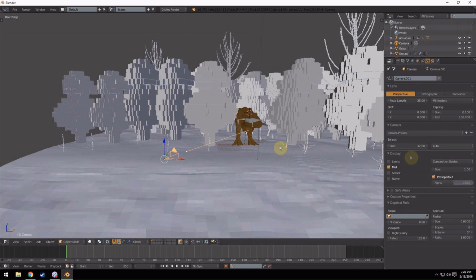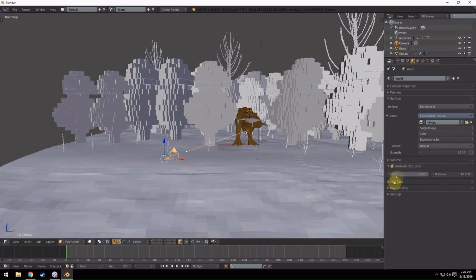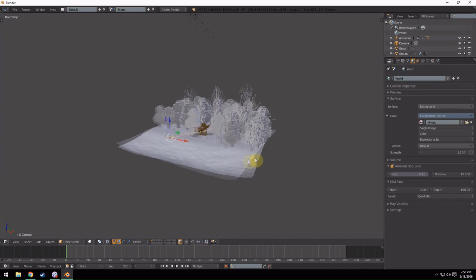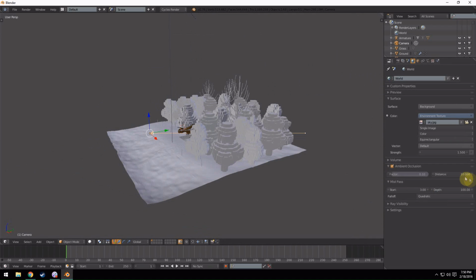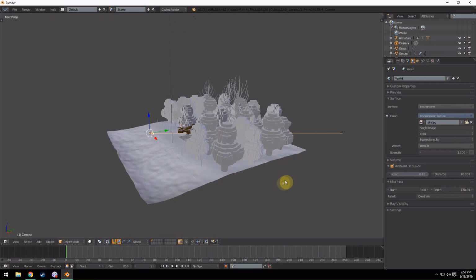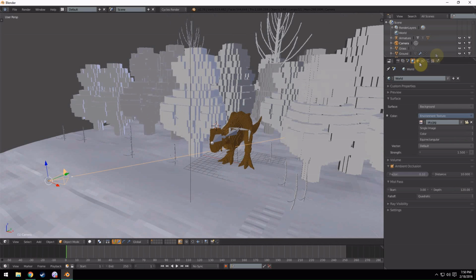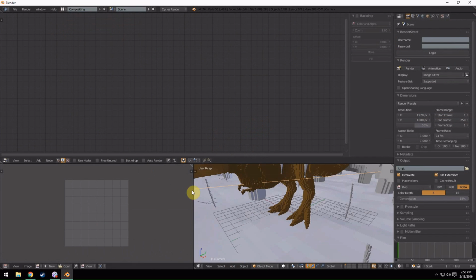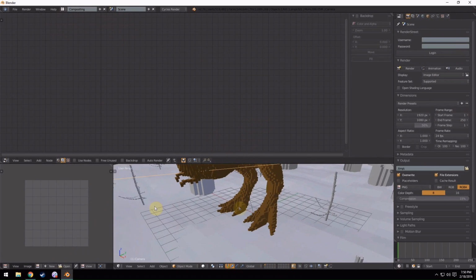So if we come into the world settings here, we see the mist pass now. Set the start to 3 and the depth to about 100. That way it goes nice and far before it actually, maybe a bit more than 100, we'll go 150. 150 seems a little far. 120, not 1,120, that's a lot. 120 seems decent, and then we have to composite this, so we'll switch into compositing mode, open up the node editor,